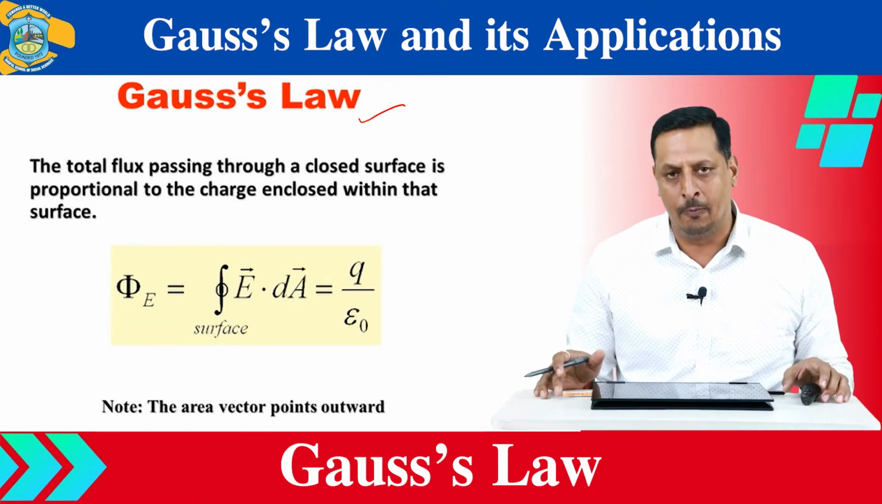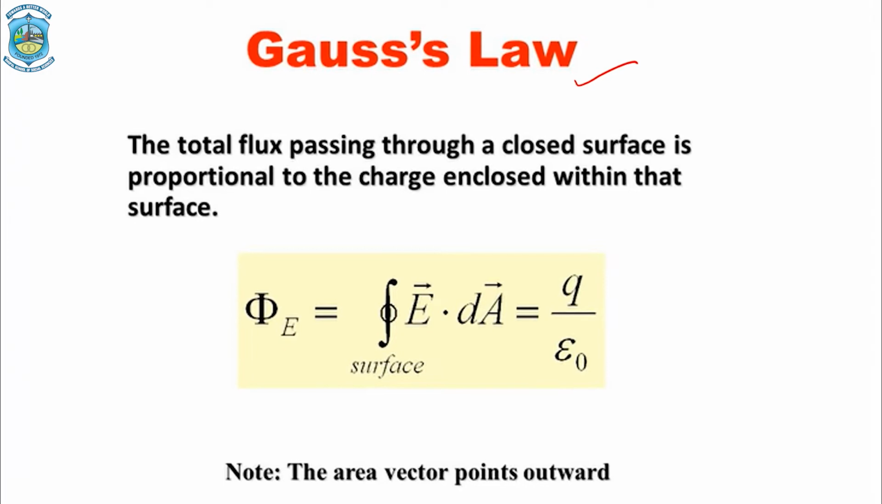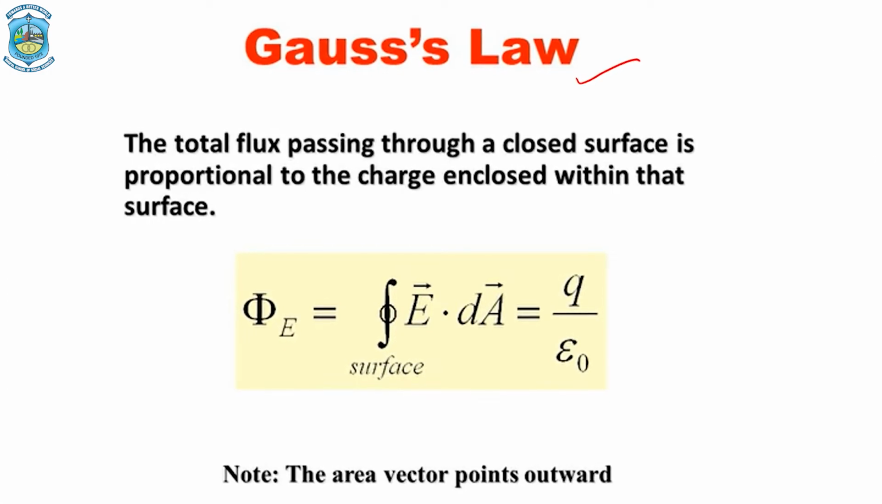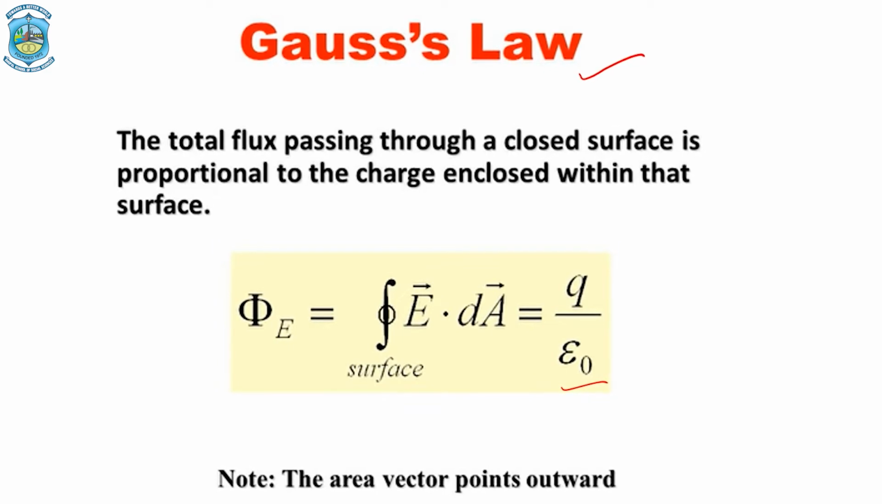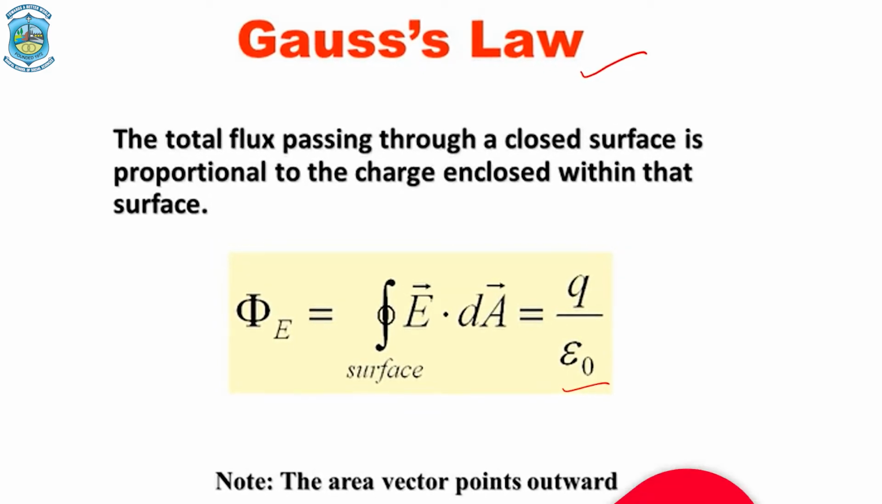According to Gauss's law, the number of electric lines of force passing through any surface is always equal to 1 upon epsilon naught times the charge enclosed within that surface. The one thing we can measure with the help of Gauss's law is electric flux. Besides this, we can measure the electric field produced by various charges or charge distributions, especially symmetric